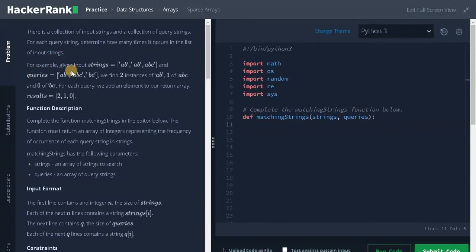For example, given input strings AB, AB, ABC and the queries AB, ABC, BC, we find two instances of AB, that is these two, one of ABC, that is here, and 0 of BC. For each query, we add an element to our return array, that is results equals 2, 1, 0 for the